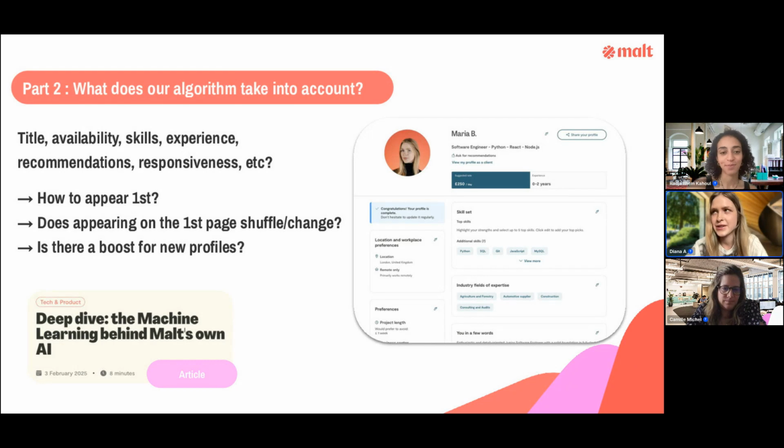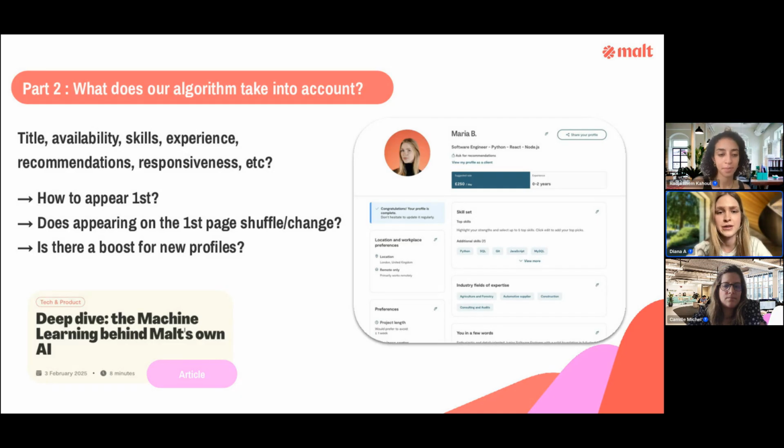Great. Yeah, I think I saw a question in the chat: there's a feeling, I guess, amongst the freelancers that there's a prioritization of people that have been longer on the platform, that maybe have more projects. But no, we try to give a chance to everyone as long as you have a complete profile. And as Raja mentioned, it's very easy to get recommendations on the platform itself. So if you use Malt as the source of your opportunities and try to optimize your profile as much as you can, I think it definitely will be very beneficial to you.